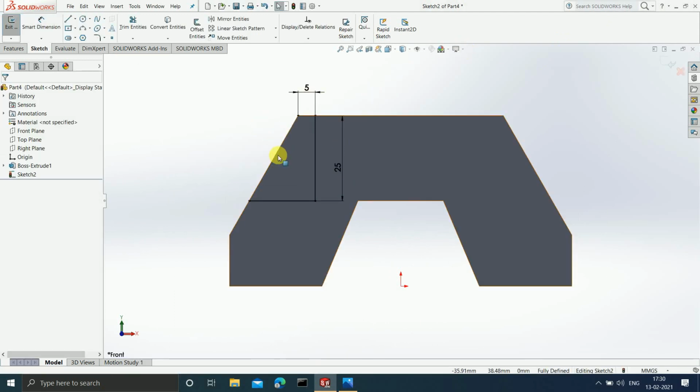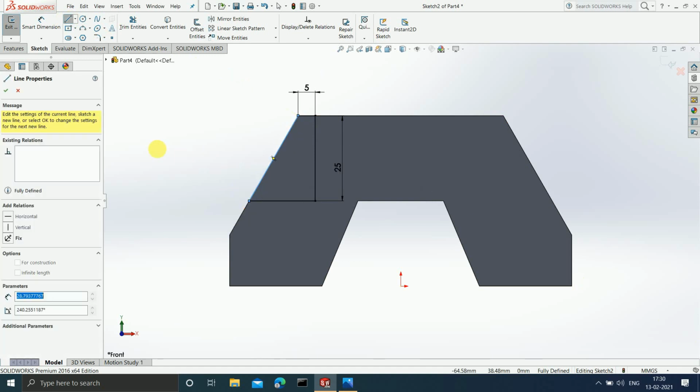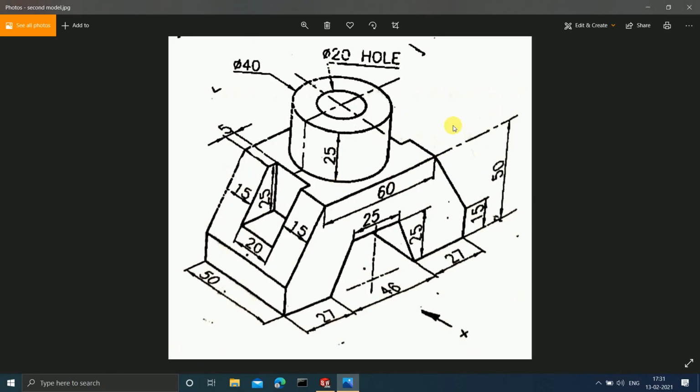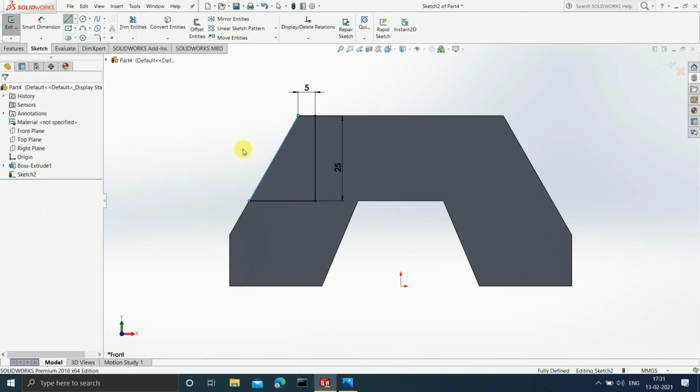Now after this thing is done, you just simply have to connect these two endpoints of the sketch. Okay, done. Now guys, if you observe, the cut is present on the right hand side as well. See, can you see there is a cut present over there? So I am not going to draw this thing again. I am just going to make use of the mirror entities, and for using the mirror entities I must have an axis about which I want to mirror the entities. So therefore I will draw a center line first.